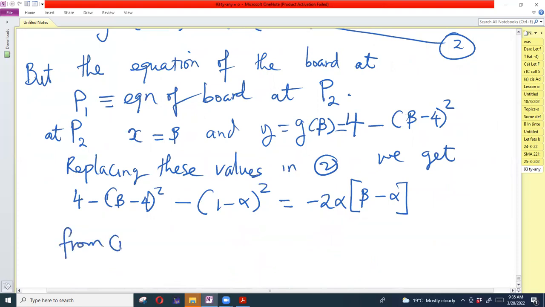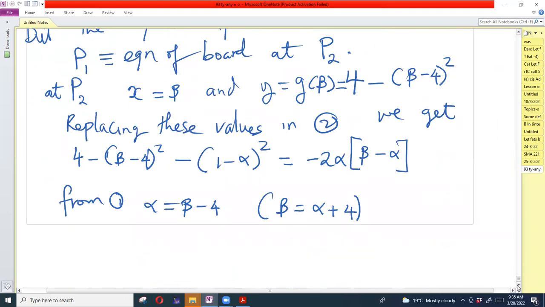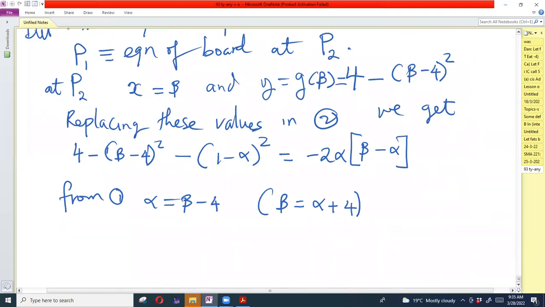From 1, alpha equals beta minus 4. So the same thing as saying beta equals alpha plus 4. So using this, replacing these values into this equation, we'll have 4 minus, so beta minus 4 is the same as alpha,